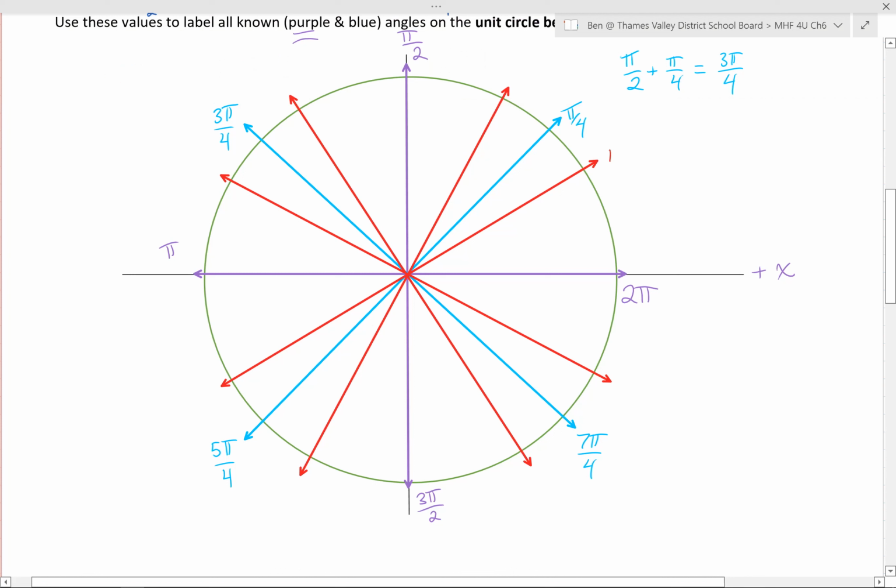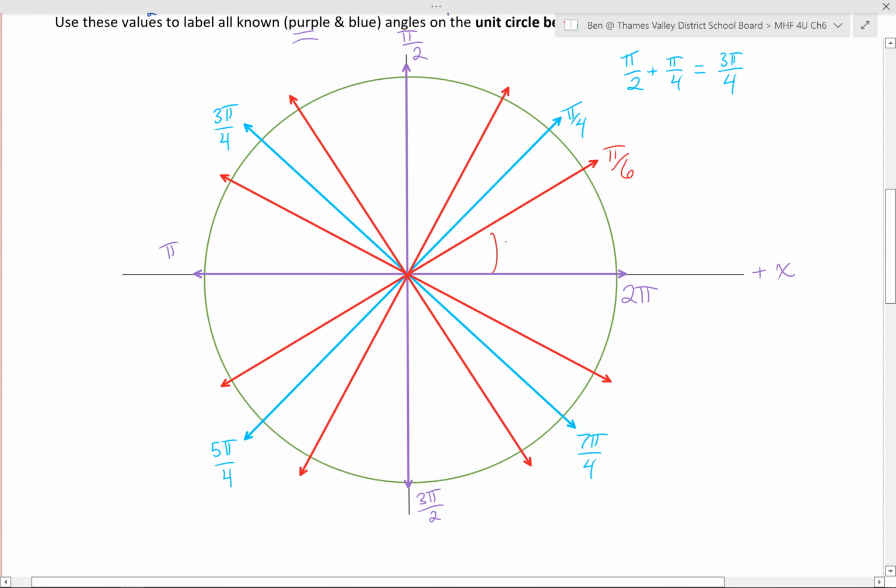All right, so we're working with pi over 6 here. And you know what? This time I'll go right along with you. So pi over 6 is the first one. And then we're going to go another pi over 6. And that is, we're going from, this was 30 degrees, right? So if we do another pi over 6, another 30 degrees, that equals,